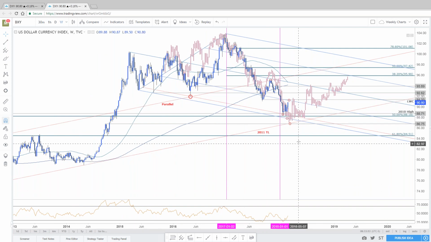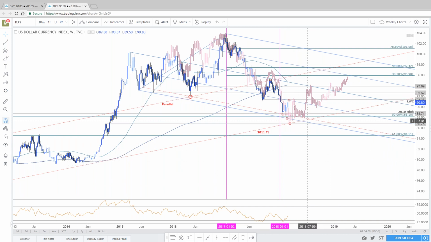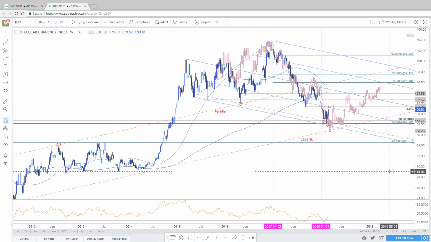My caution is this. We're just starting the calendar month. As a disclaimer, I'm flat. I don't have any open positions at this point, but we're just starting the calendar month. So it's going to be really critical to sit this part out and see how we open up. If we plow through 91.33, I do think you look for a larger resumption trade near 93.89. But the initial focus right now is if we stretch higher to this key resistance. On the near term, we're at resistance just now, but there is that possibility for a stretch near 91.33.